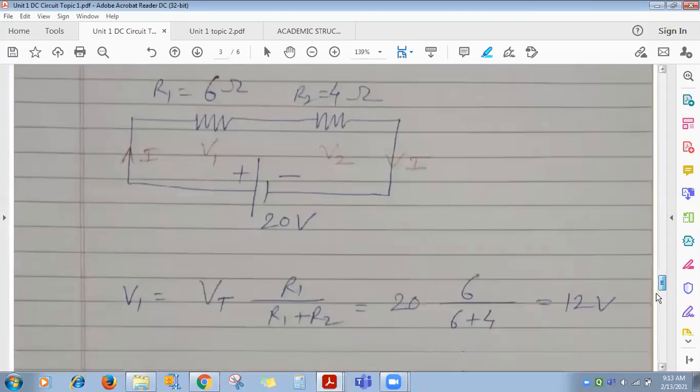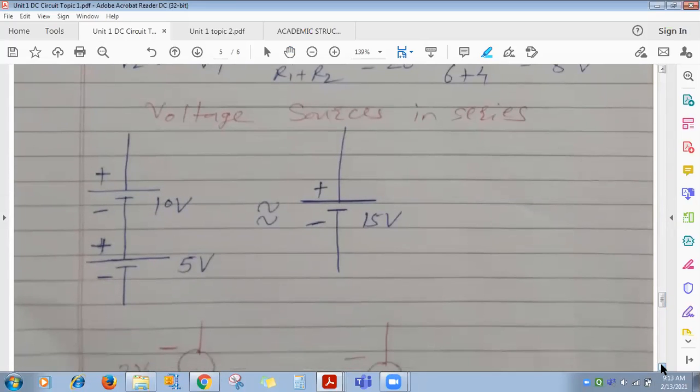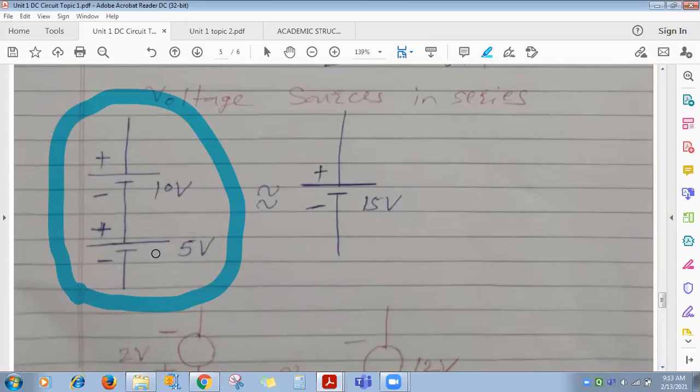Then next, we'll see that sometimes in circuits which you are going to simplify or analyze, two or more voltage sources are found connected in series. So here you can find two voltage sources connected in series. If you observe the polarity for 5 volt and 10 volt connected in series, how are they connected? For 5 volt, the lower one is negative polarity and the upper one is the positive terminal. Same is for 10 volt also. Means negative, positive, negative, positive.